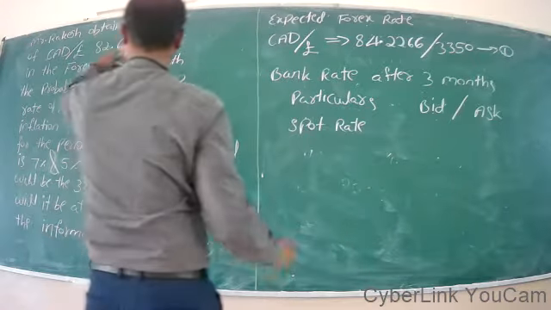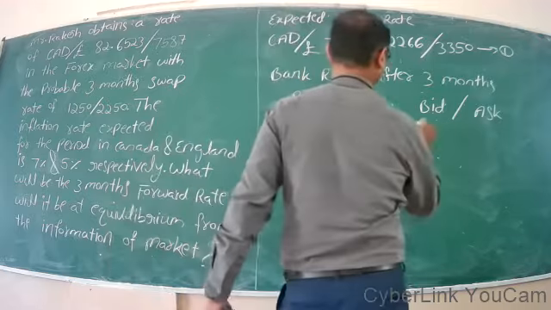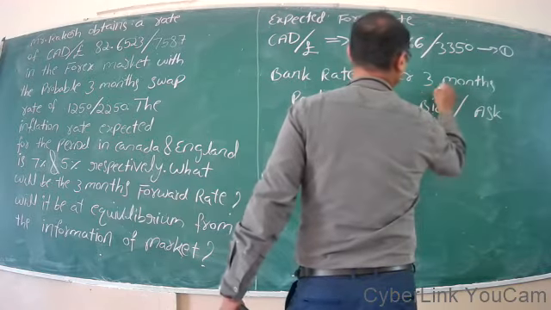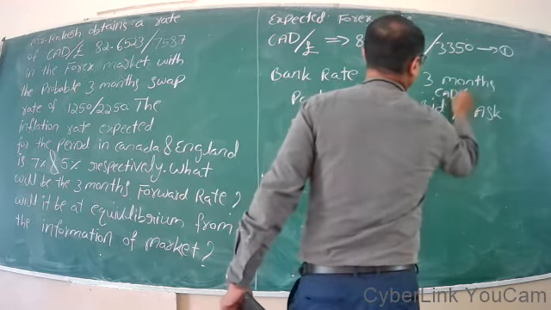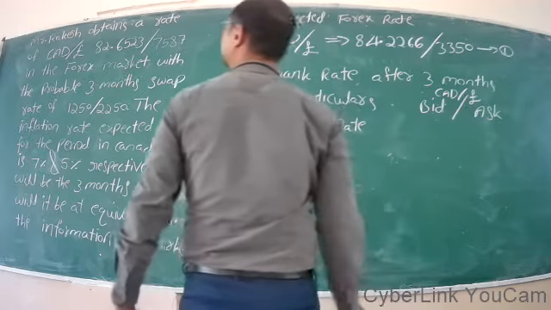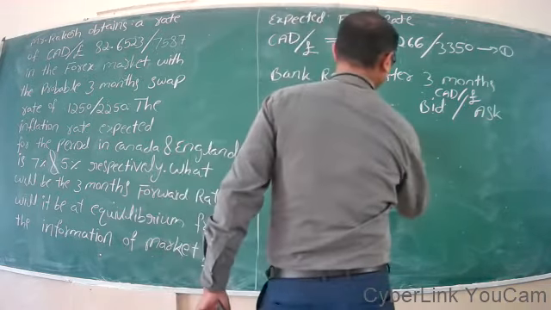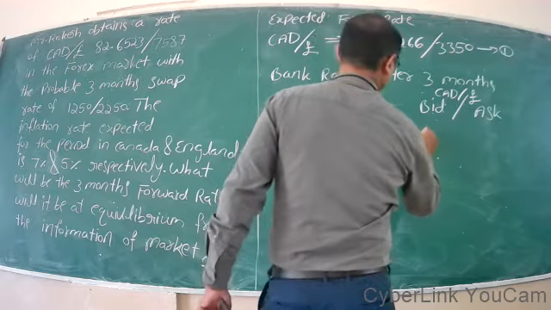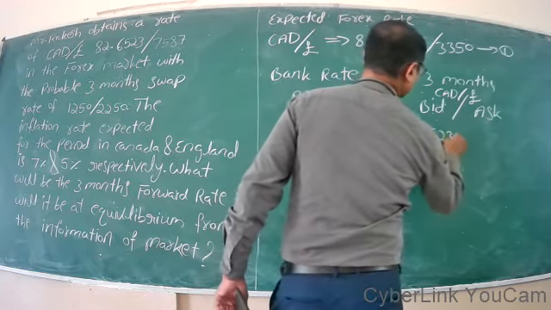The spot rate is given in the problem. Bid and ask is Canadian dollar per sterling pound. The quotation is given. The spot rate is 82.6523